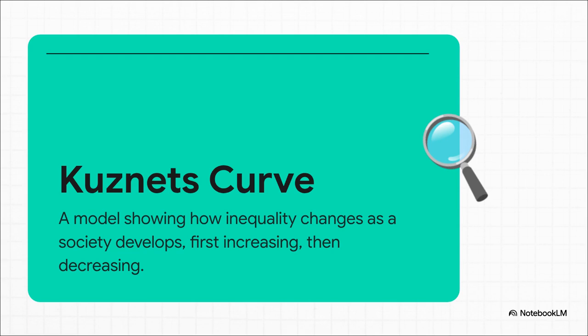Okay, so let's get our key concept on the table. Now, this Kuznets curve isn't some law of physics, right? It's a model, a way to visualize this whole journey of inequality. It basically maps out this arc where, as a society develops, things get way more unequal. Then they start getting better. But, and this is the key, the story might not end on that happy note.